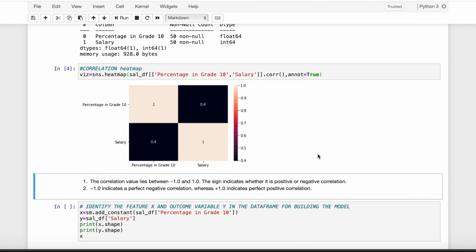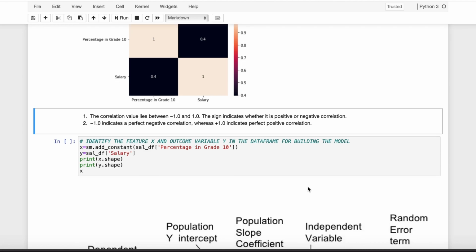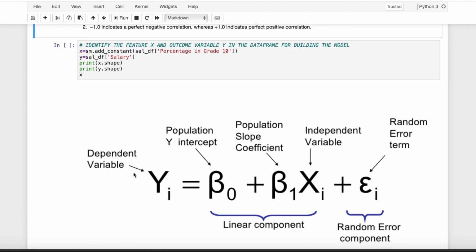Now let's move on to our next step, wherein we will have to identify the feature X and outcome variable Y in the data frame for building the model. Now what do we mean by that? So as you know, the formula for our linear regression model is Y equals intercept plus slope into X plus error.